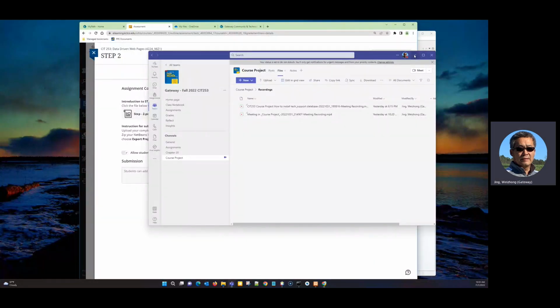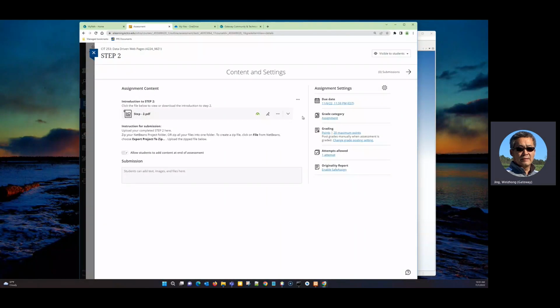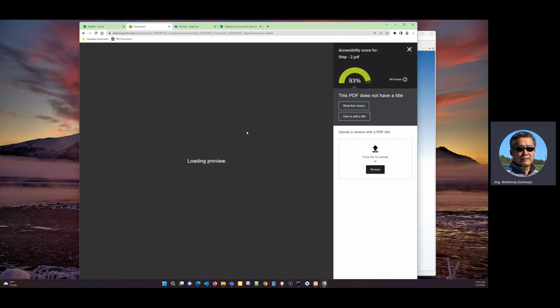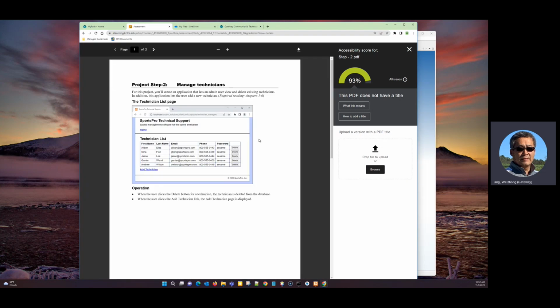This video is going to show you step 2. In order to work on step 2, you have to click on step 2 from the course project. Then you click on the three dots from here and view the instructions for step 2. And you can take a look at step 2, asking you to create a web page to manage the